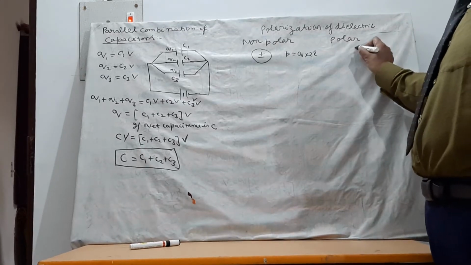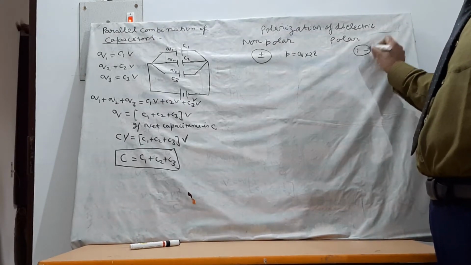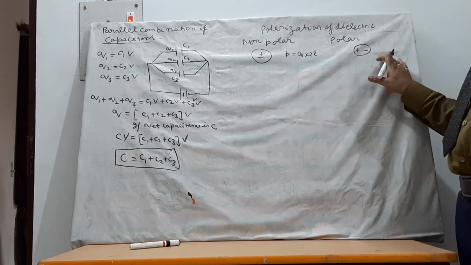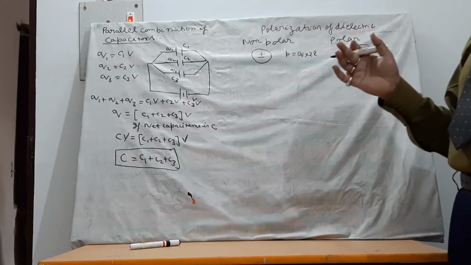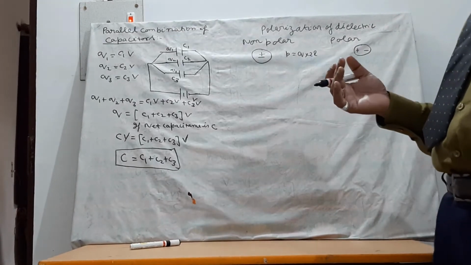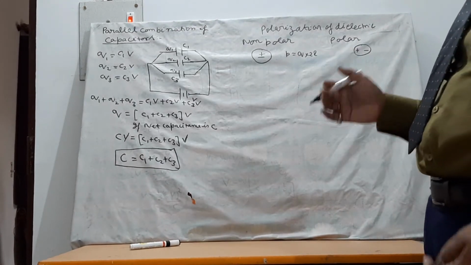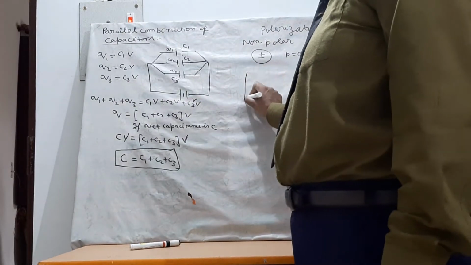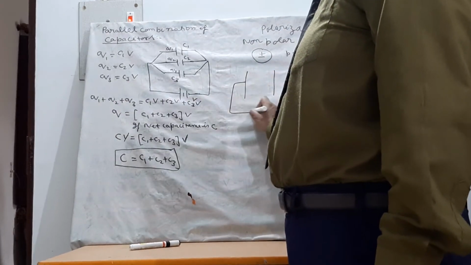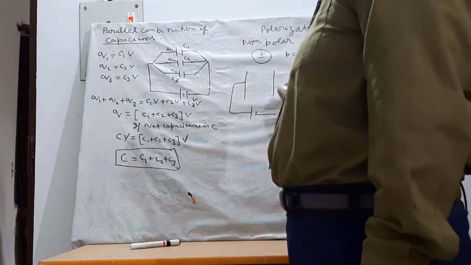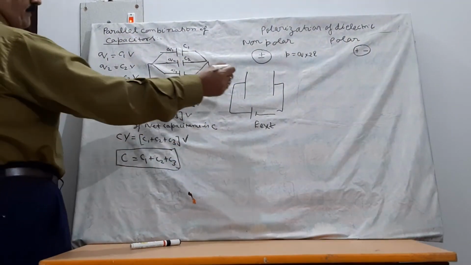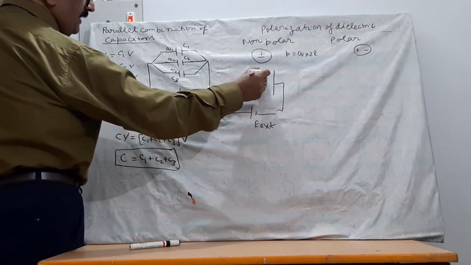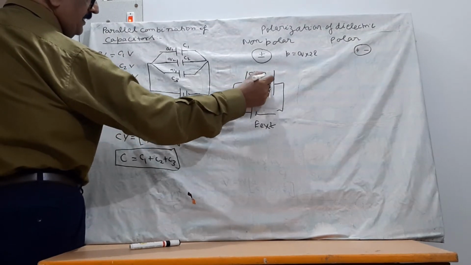In polar molecules, positive charge center and negative charge center are at different locations. Therefore, they have permanent electric dipole moment. But in normal state, their directions are randomly oriented. Therefore, net dipole moment is 0. But when they are kept in external electric field, suppose that external electric field has been applied like this, E external. Now, whether they are polar or non-polar, when the molecules are between the plates of a capacitor's electric field,